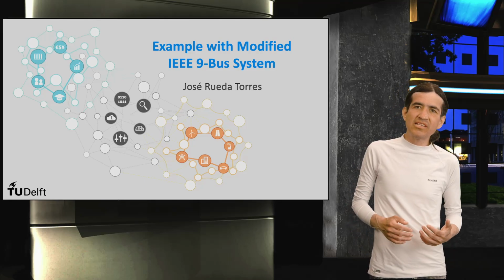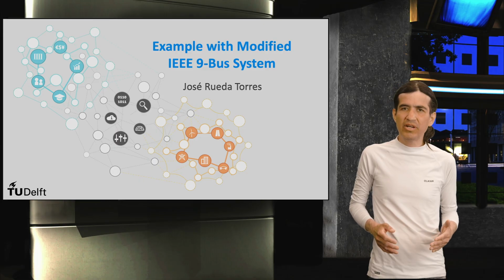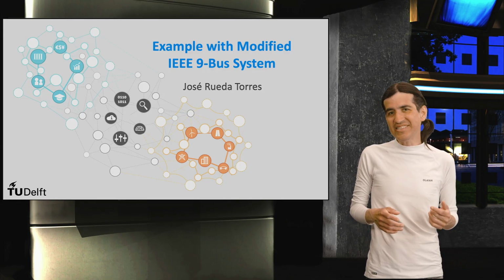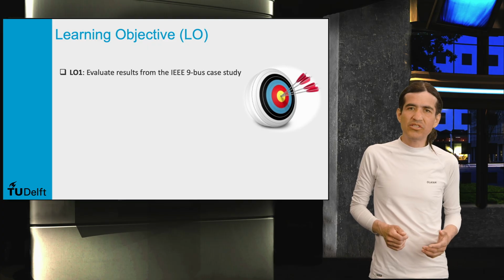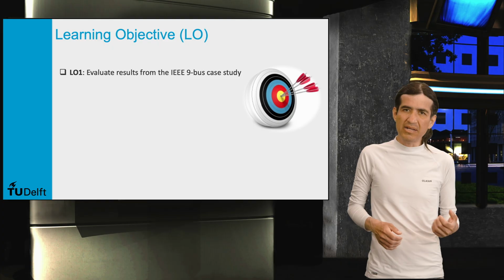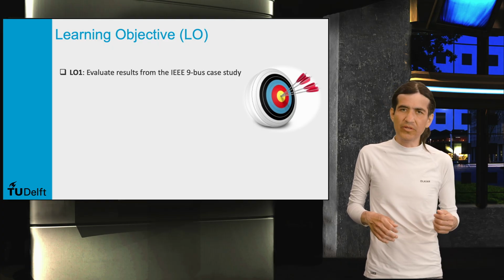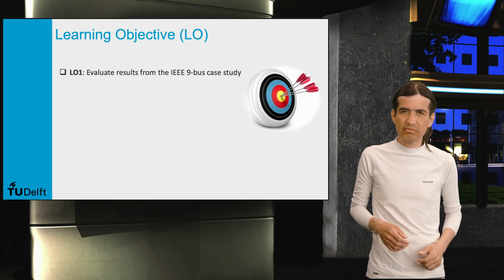Now, I concisely overview the application of optimal power flow by using an example based on a modified version of the IEEE 9-bus test system. In this lecture, we focus on connecting the theory with the practical implementation and use of the optimal power flow functionalities of Panda Power, which is an open-source Python-based tool for modeling, analysis, and optimization of electrical power systems.